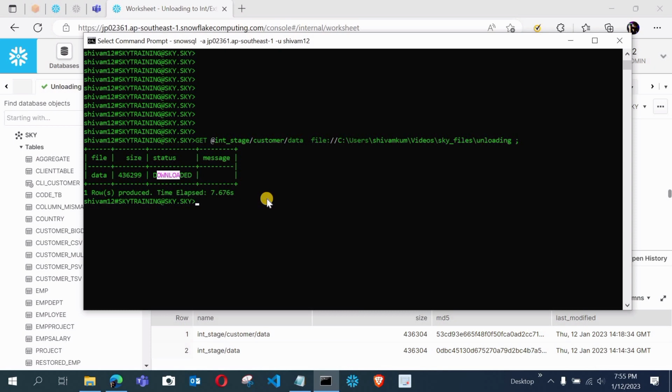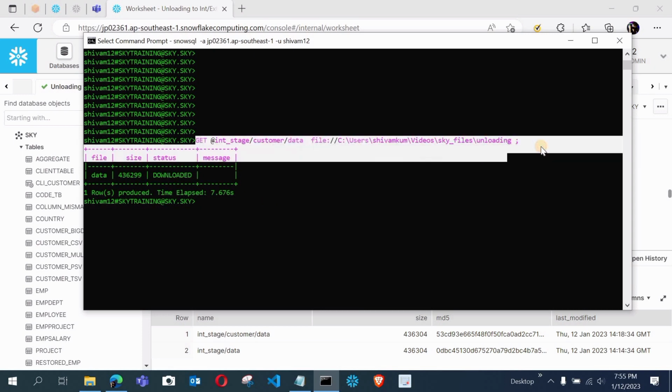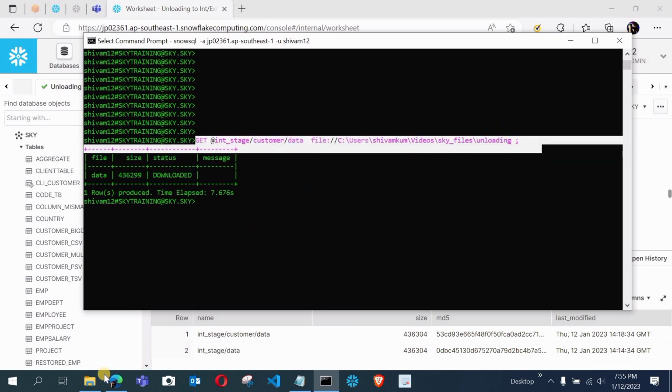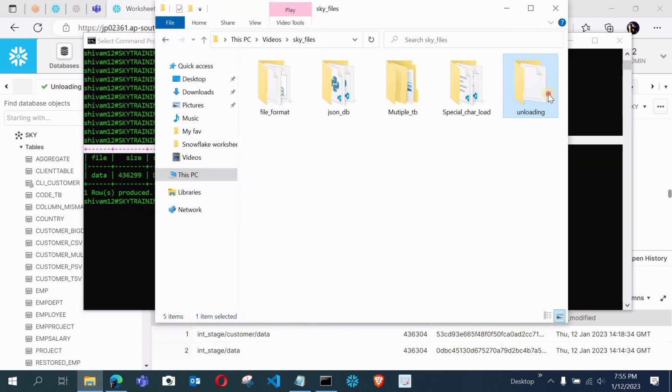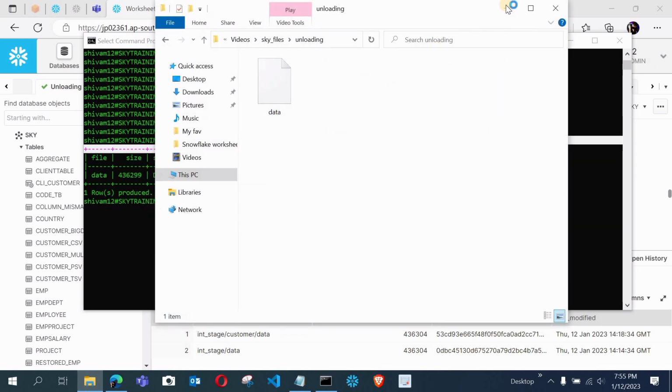First of all you have to unload it to your internal stage, and after that you use the get command in your command prompt, SnowSQL, and by this syntax you can successfully unload your file into your local machine. Now I have got this data file on our local machine.